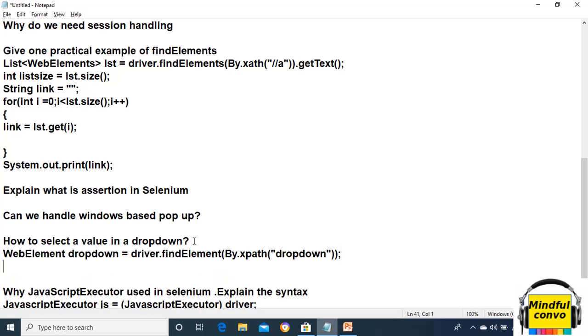Okay, then we use Select and make its instance as s, and in its constructor we will pass the dropdown.